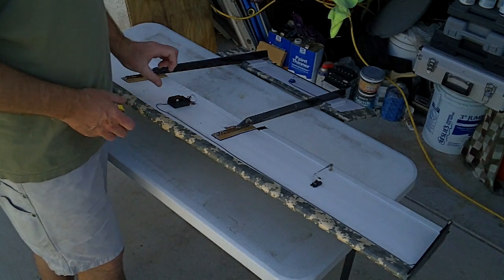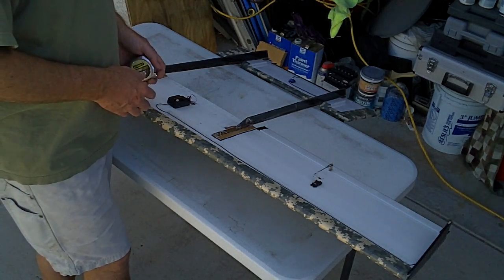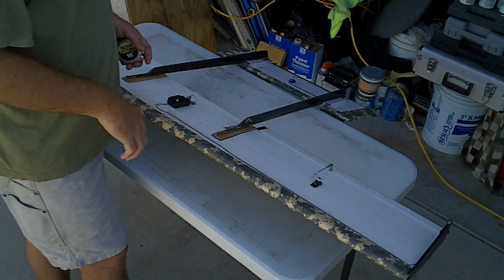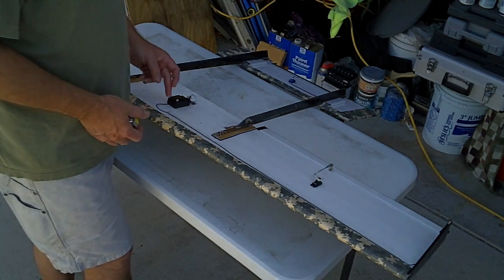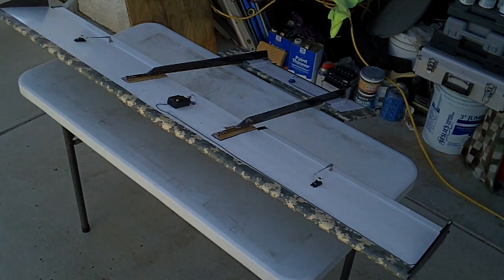Any spar could be used. I happen to use wood dowel, and I had to rummage through the dowel bins to find the truest, straightest ones I could find. I went through 20 or 30 of them, and it was difficult. Another thing about wood dowel spars, or even square, is